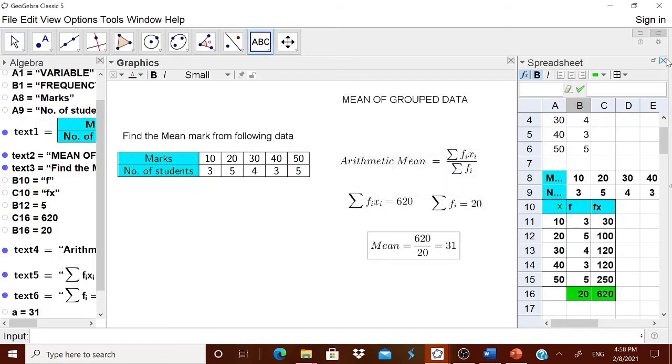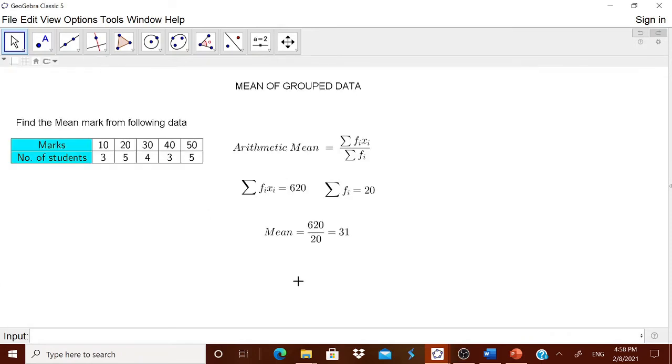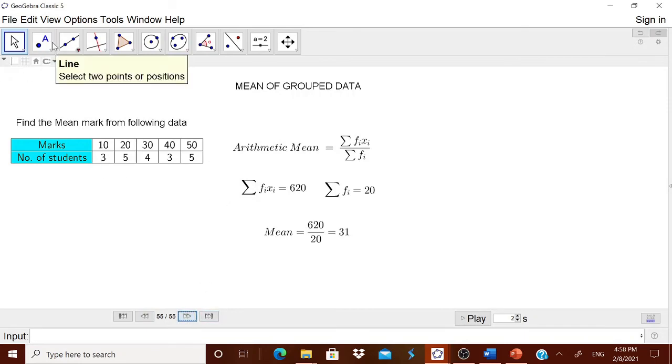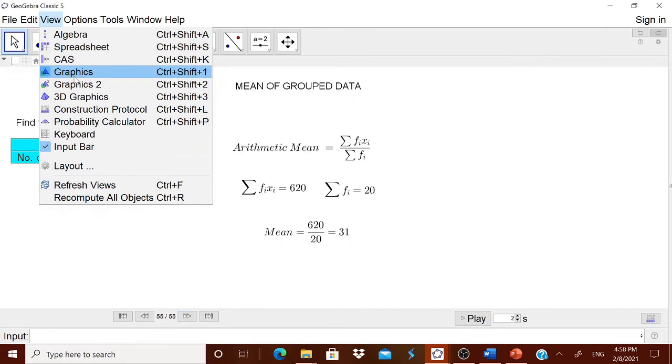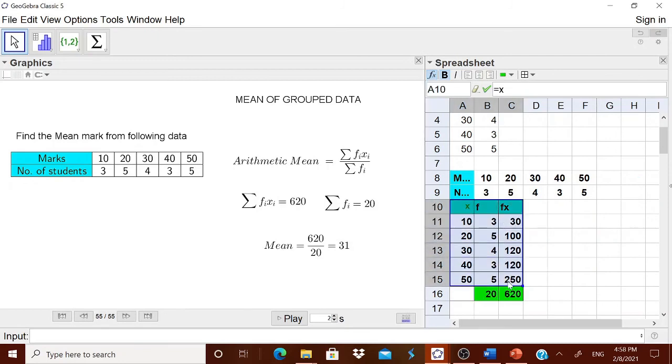Now what is the advantage of this? Let us see how we can make use of this. You can go for this navigation bar where you can have this arithmetic mean and then the tables and so on. Now the table is not coming over here. Therefore, go to this view. Table also we can give to the children. Go to the spreadsheet view. Now here this table can be converted and shown here.